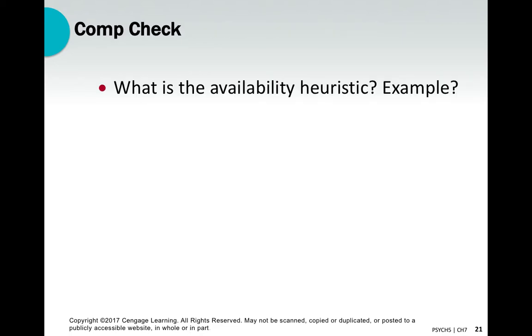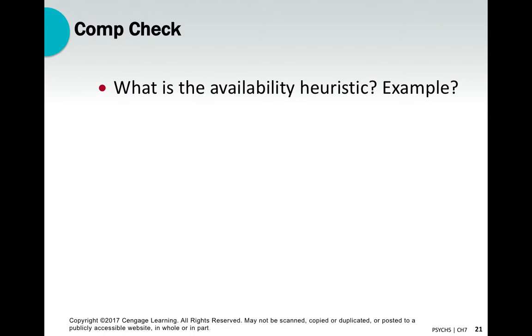Okay, welcome back. You should have mentioned something about how we're using available information to make decisions, sometimes right, sometimes wrong. Another example you could come up with is choosing to drive somewhere instead of flying because you heard about a plane crash on the news. Statistically speaking, plane crashes are much less likely to happen than car accidents, yet we're more likely to choose to drive a car instead. But we're making the wrong decision, at least